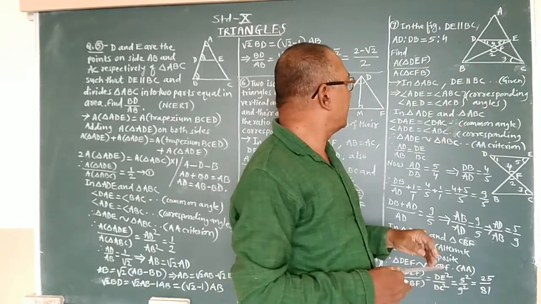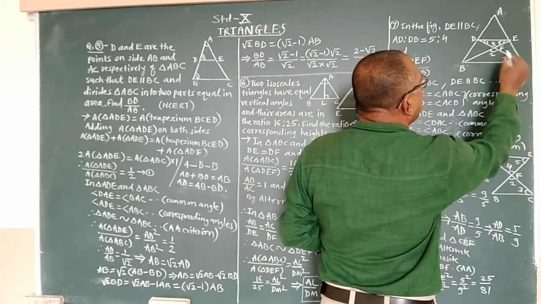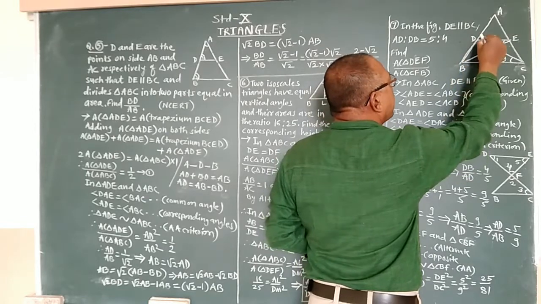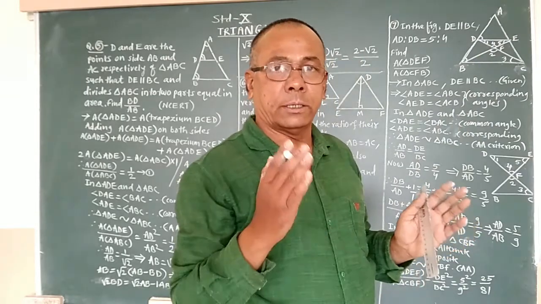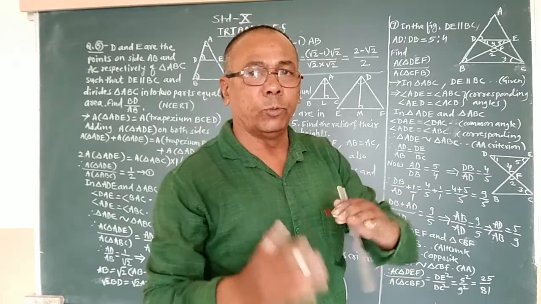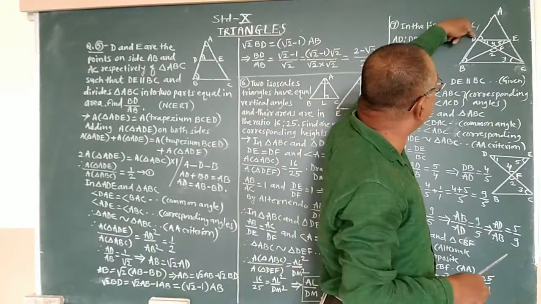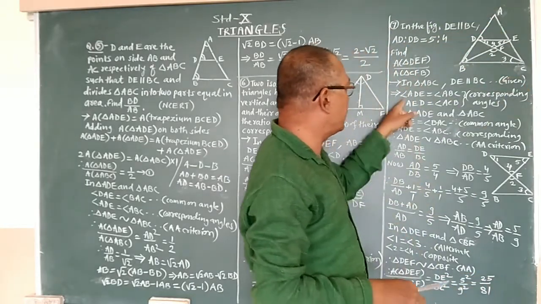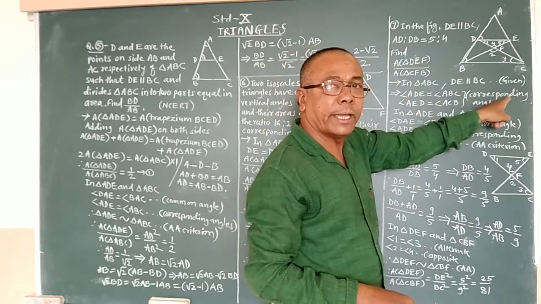It is given, and we know that if DE and BC are parallel, then consider the transversal AB. Then we will get these two angles, which are corresponding angles, and the corresponding angles formed due to the transversal of two parallel lines are always equal, and therefore angle ADE equal to angle ABC. In this way we get angle ABE equal to angle ABC, and these are the corresponding angles.